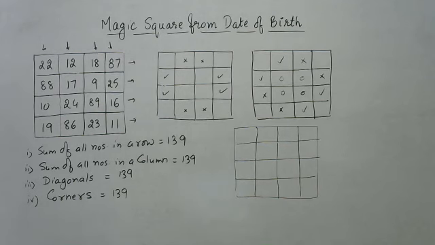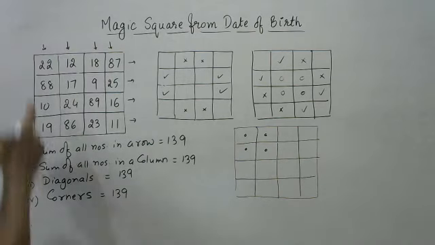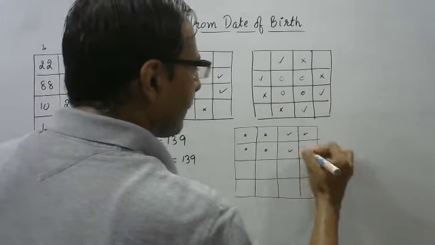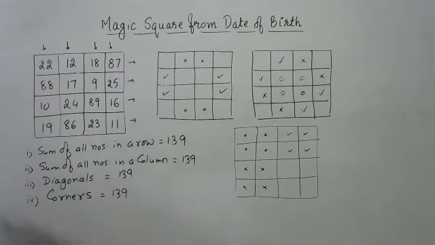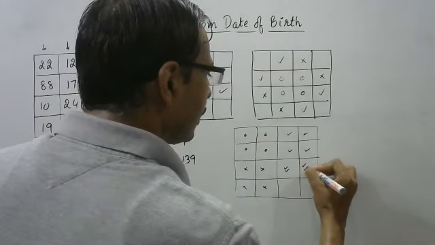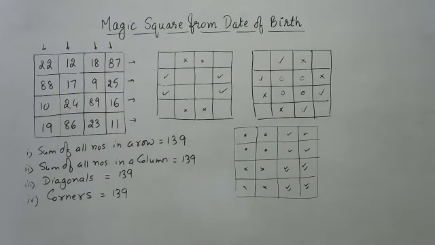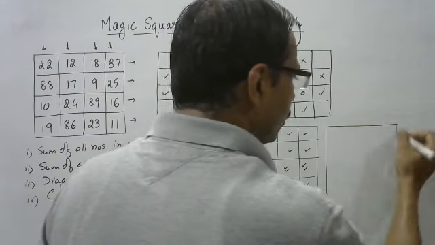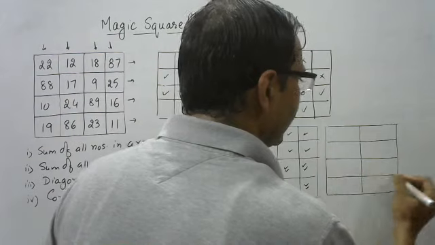Check the 4 numbers like a Sudoku. Here we have these 4 numbers. 110 and 29 is 139. Check these 4. Again 139. Check these 4. Again 139. And now check these 4. Again 139. So many different patterns. And as if this is over now, right? No. There are 2 more patterns which you can locate in this particular magic square.